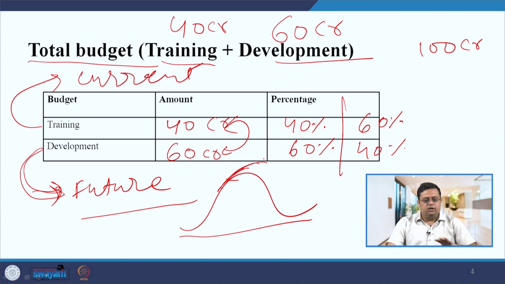So, if you need to understand the organization's focus and priority, you can assess that through budget analysis. How much budget is being allocated for training and how much budget is allocated for development. If it is more for training, it indicates that the organization is focusing on the current requirement. If it is more for developmental activities, then we can understand that the organization is focusing on the future, right. So, that orientation you can understand, and then accordingly you can make the career plan for the employees within the organization, and this data you can use for employer